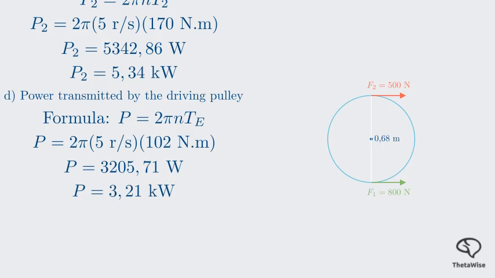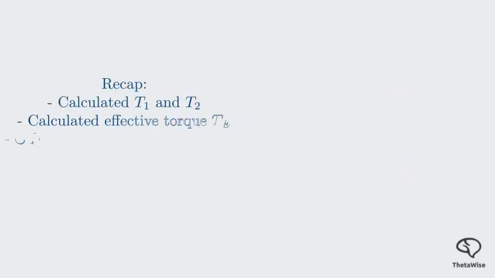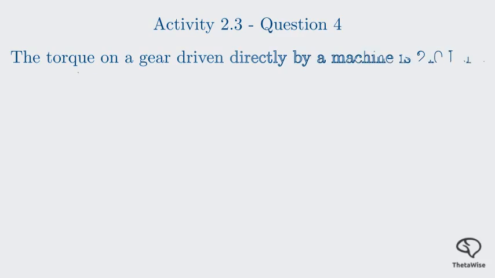You'll notice that the total power, 3.21 kilowatts, is the difference between P1 and P2, which confirms our calculations. To quickly recap question 3, we calculated individual torques and effective torque and the corresponding powers, demonstrating the full analysis of a belt drive system. This concludes question 3. Question 4 states, The torque on a gear driven directly by a machine is 240 newton